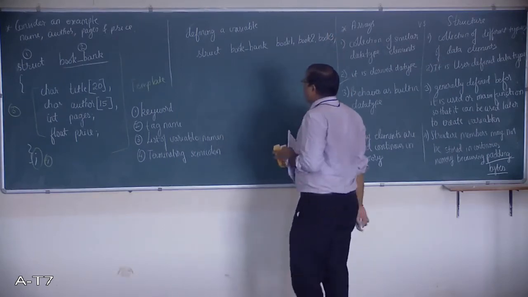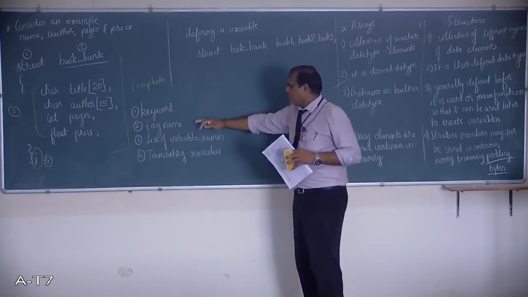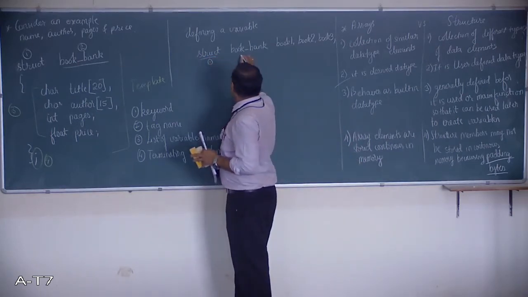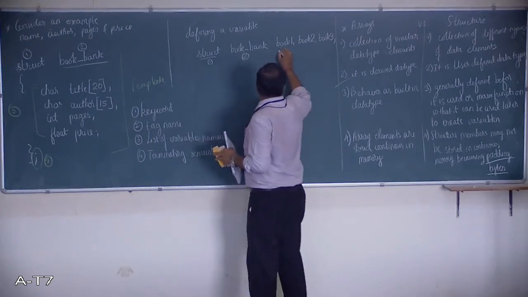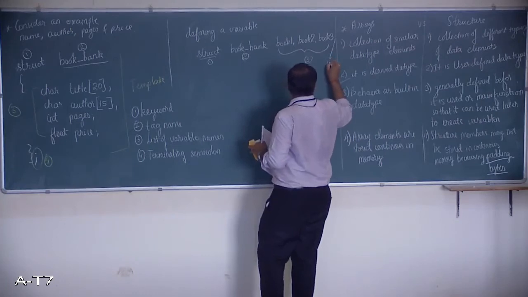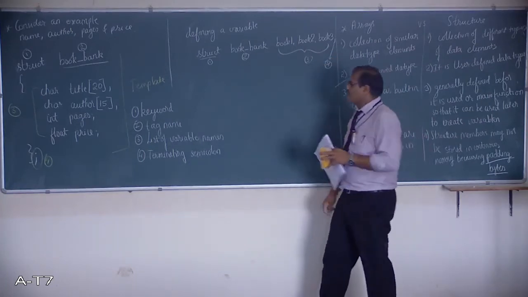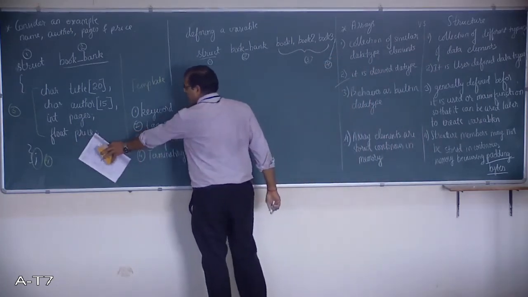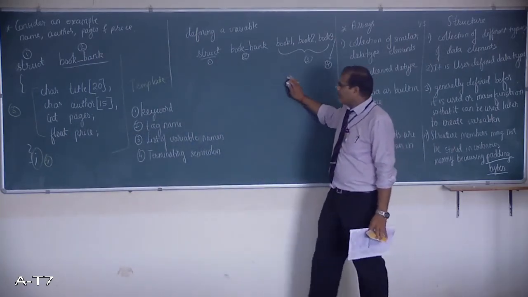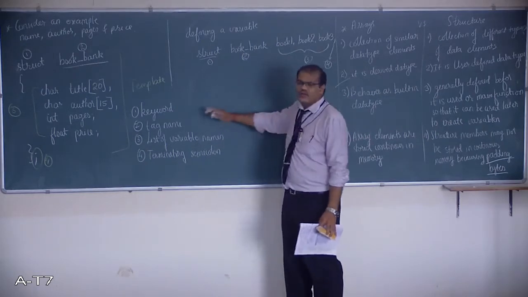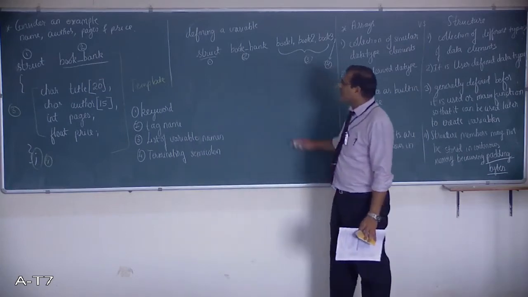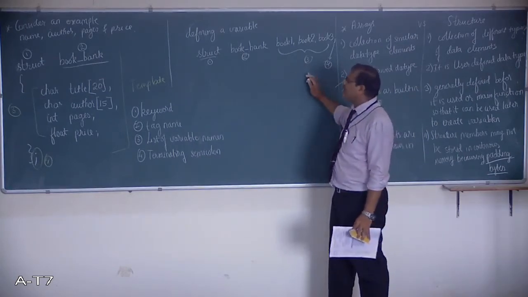Now, even while defining a variable, we need to find these four things. First one, a keyword. Second one is a tag name. Third one, a list of variables. And fourth one is my semicolon. Now, this can be used for defining a tag or a template or defining a variable. All these four important things should be remembered while defining both the template and the variable here.